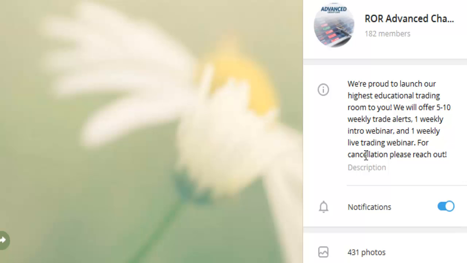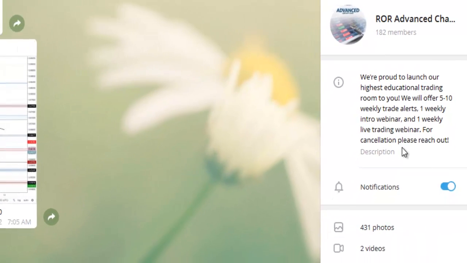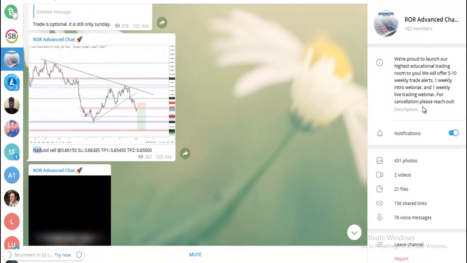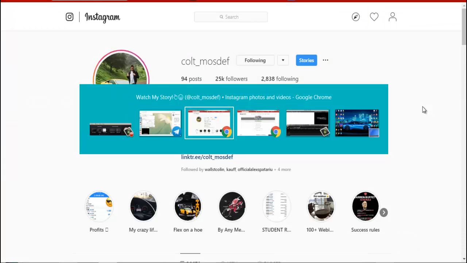And this is a monthly retainer, but you don't have to stick with it. Let's say within the first 7 days, which is the free trial with the link down below, if you see that the group is not for you, or forex trading is not something you want to pursue, then you can just request a cancellation, which is free. You don't have to pay any fee. You just tell them that you don't want to continue the group, right? And that's it, you're out. You don't have to pay that $50 anymore for the following months, right? It's as simple as that to get out of this group.